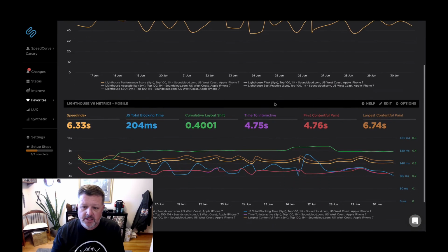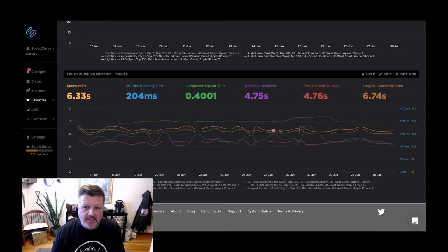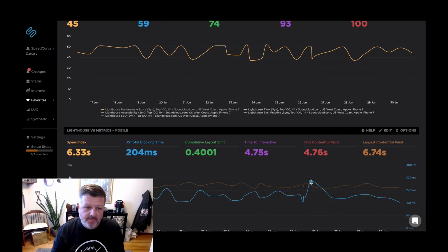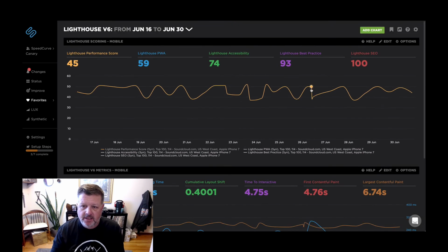the performance score. And I take something like JS total blocking time, which we know is going to have a pretty heavily weighted impact, or largest contentful paint, both at about 25%. Let's go ahead and just look at those two in isolation, and you can see the impact that they might have. You can see this big jump here with JS total blocking time that occurred, and then the associated drop that you see in the performance score up above. So this is a nice way to get some of those trends set and looked at